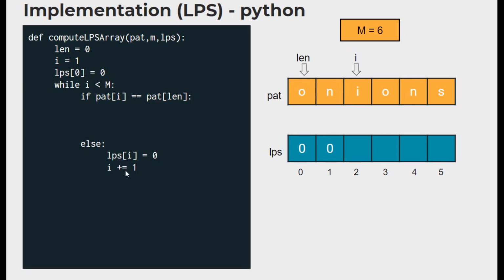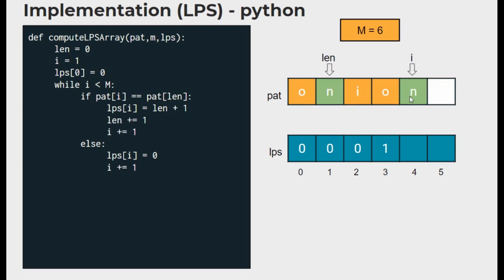Only if there is a match, then we can increment length. So we just increment I in this step and now again compare these 2 characters. Again there is a mismatch. We already have a code for mismatch. This will get executed and we will have a 0, which is correct. Now we can again increment I to compare these 2 characters. We have a match here. LPS should now be assigned as 1, right? The length pointer is still at 0, but now the 0th index is a match. So we are adding 1 to that and then assigning to LPS of I, because array index will always be 1 behind in the count, right? Now since there is a match, we have to increment both the pointers. So we just increment the length and I.